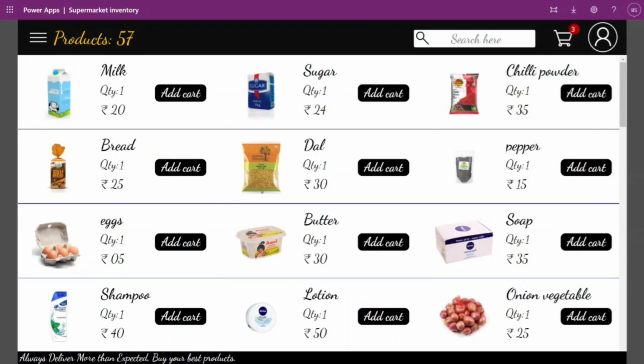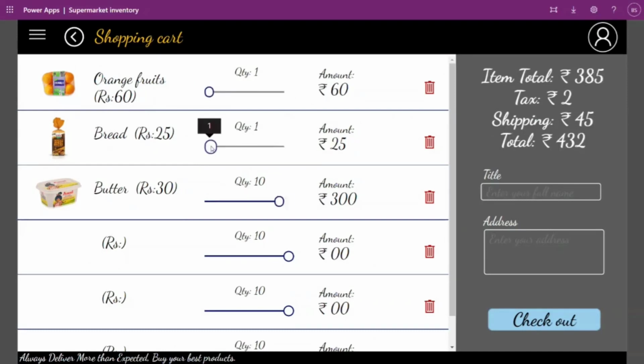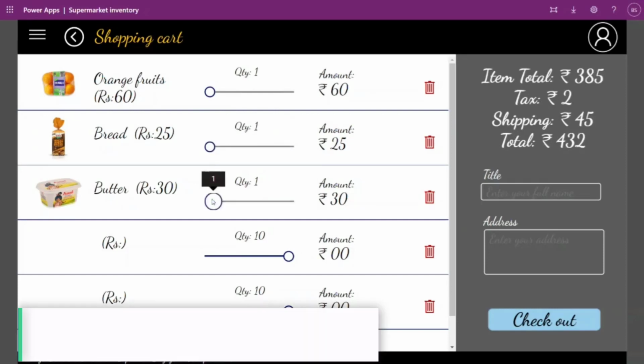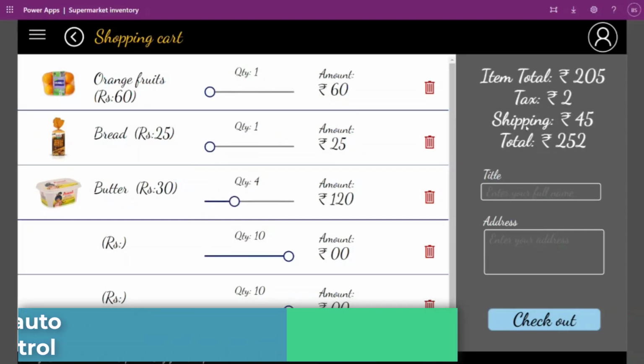Once we go through it, it will show all the items the customer has chosen. If he wants to change the quantity, the price will automatically change and the total bill will show up including tax and shipping.